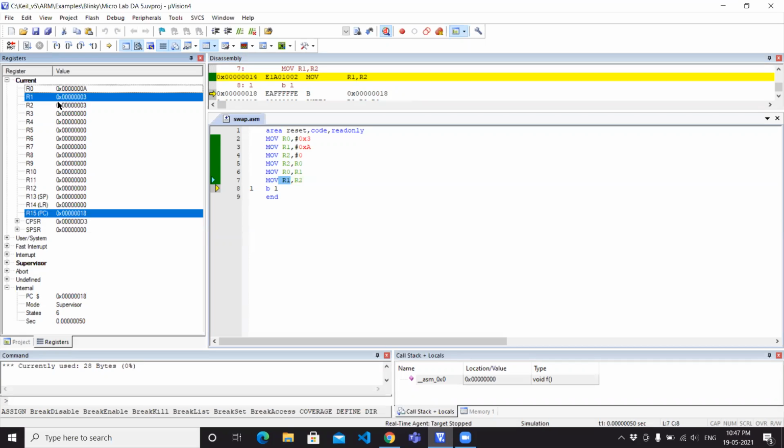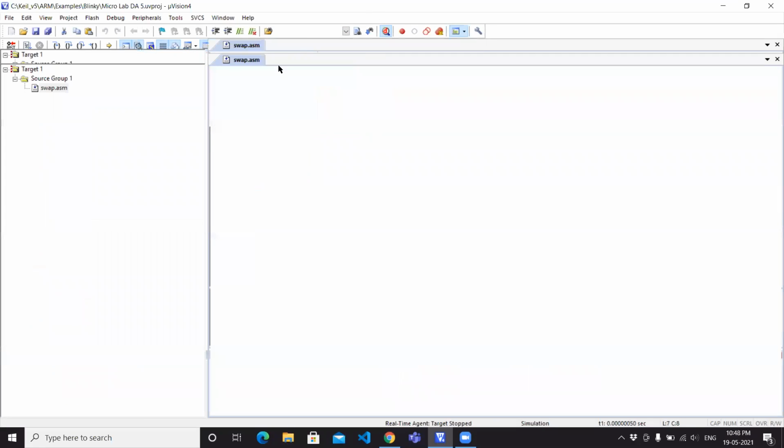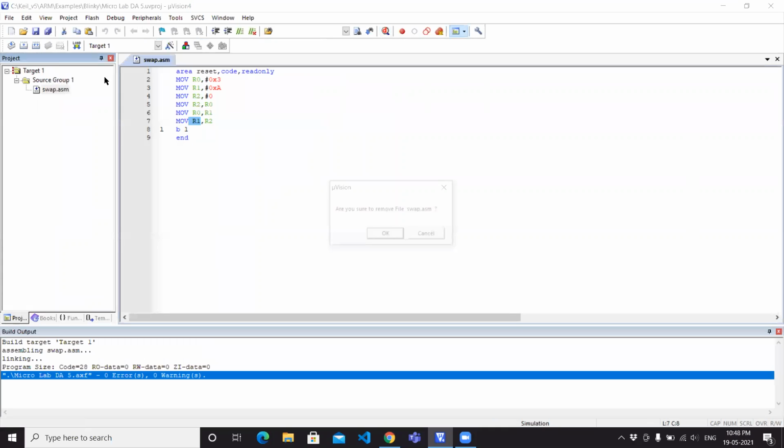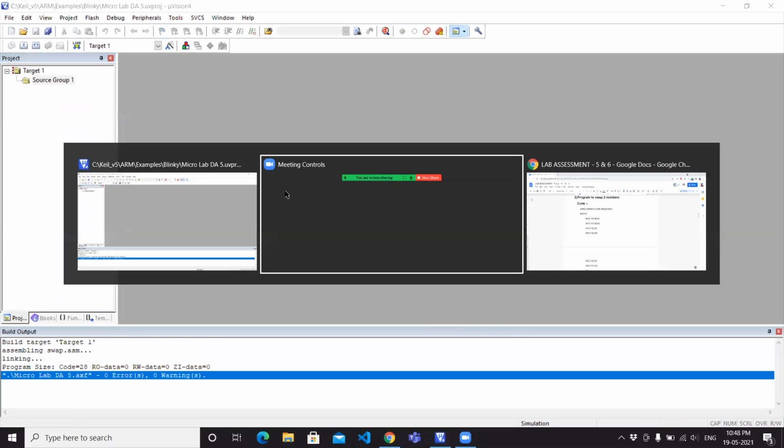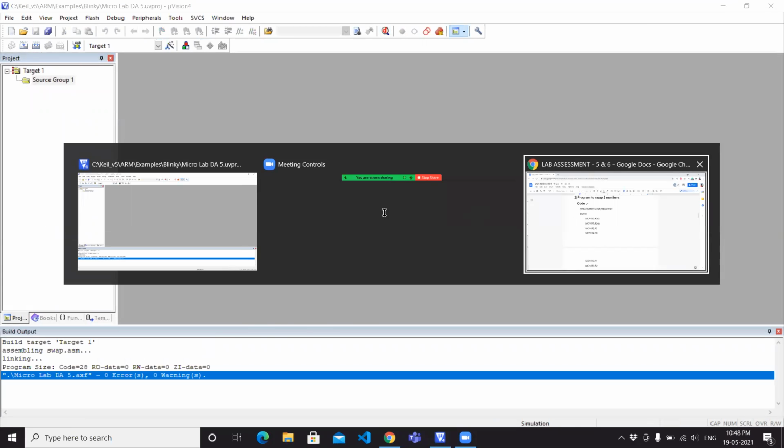And now as we expected, the values are swapped. So we are getting our output. So we can stop debugging, and yeah, we can remove this file, close here, and our other file will be continued by Harsh.